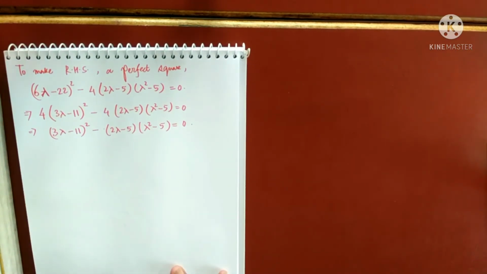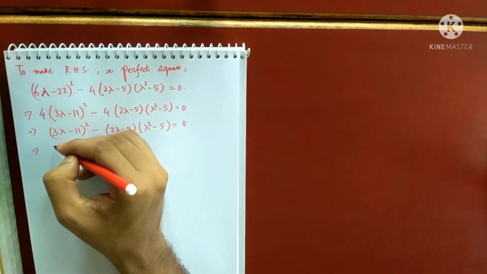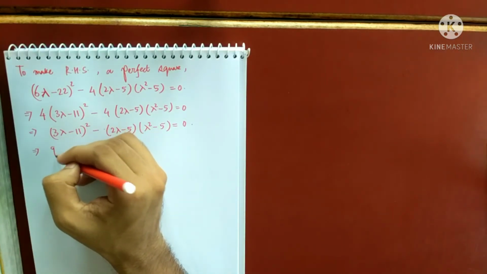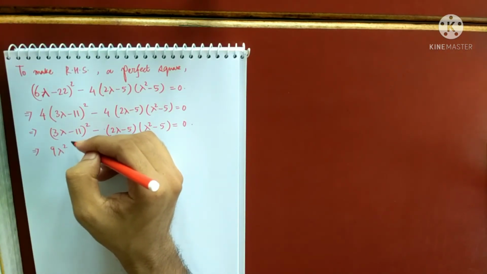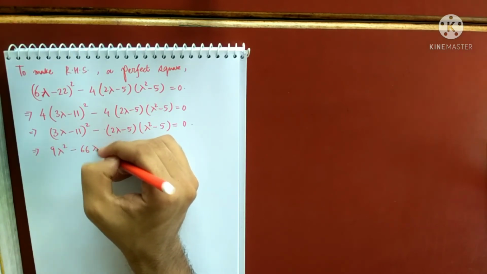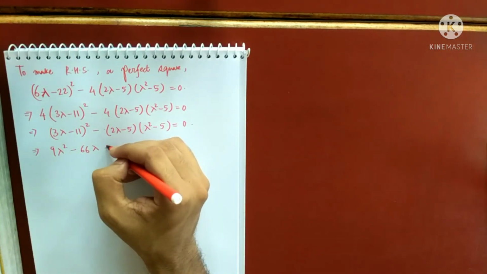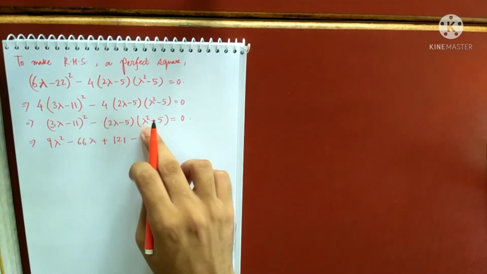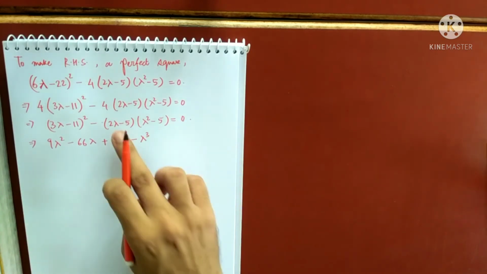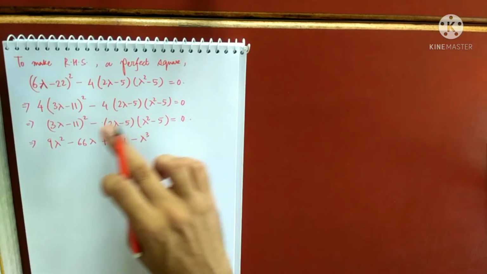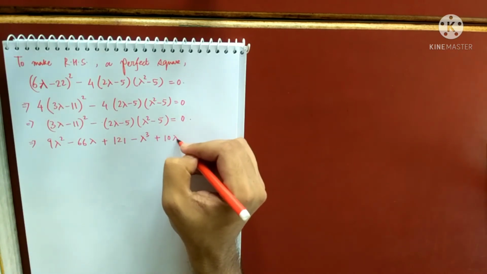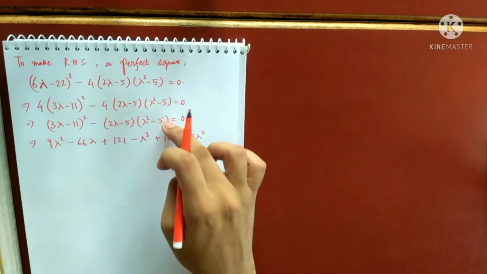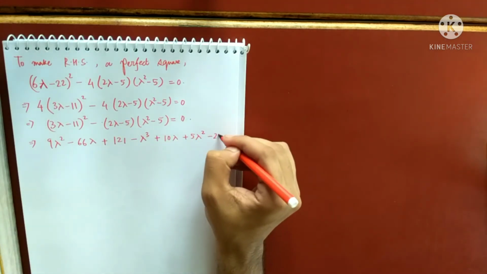So let's simplify this quantity. Because nothing is common, nothing can be done. So this is a square minus 2ab, 66 lambda plus 11 square 121 minus, be very careful with this minus. So 2 lambda into lambda square is lambda cube. So 2 lambda into minus 5 is minus 10 lambda, but there is a plus minus here. So plus 10 lambda minus 5 lambda square, but a minus is there. So 5 lambda square, and 5 5 is 25 and plus but minus. So minus 25 equals to 0.